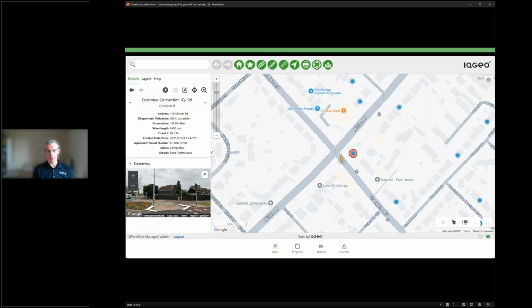That opportunity to validate that the work is being done right first time, and then take advantage of the ability to pull data out of that photo and automatically push it back to an inventory, we believe will make a significant difference going forwards.